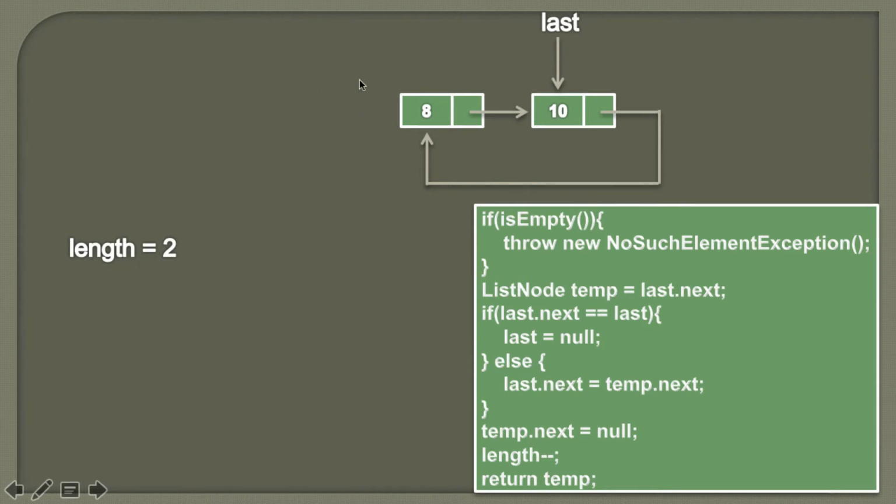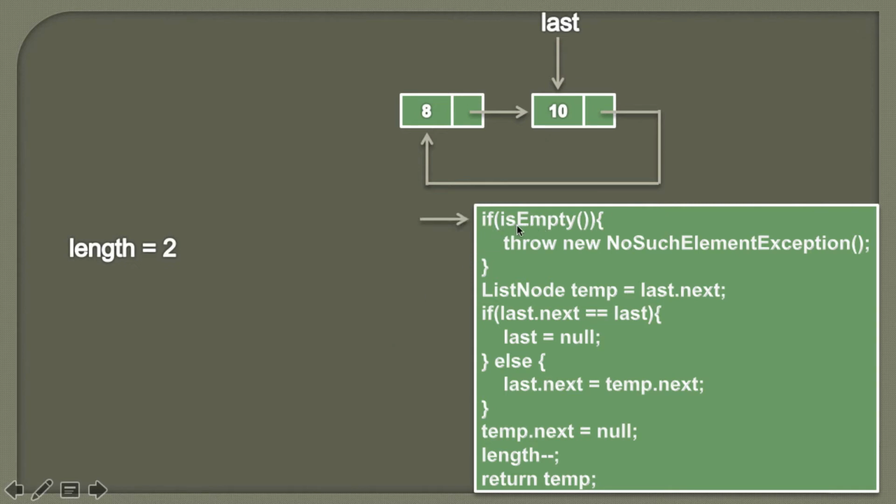So friends, as soon as we have removed this link, we know that we are currently left with 2 nodes. And here you can see the node having the data as 8 becomes our new first node. And you can also see last next is pointing to this node. Therefore, if we again call this algorithm and we want to remove the first node of a circular singly linked list, the algorithm goes as follows.